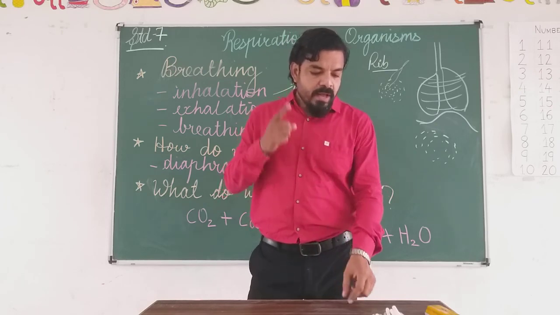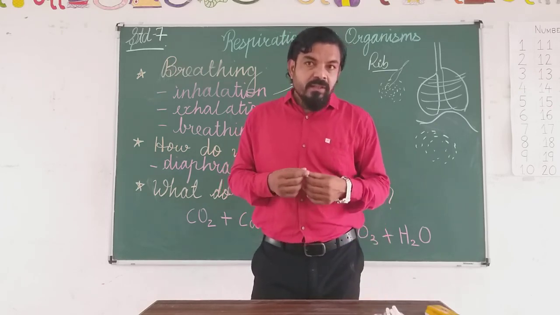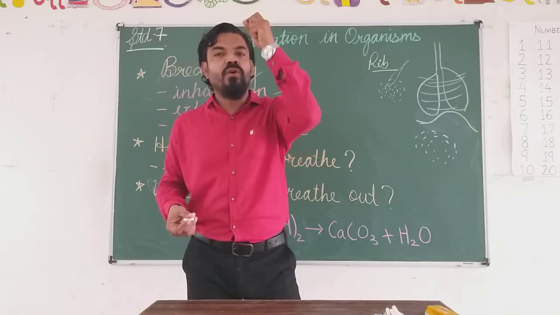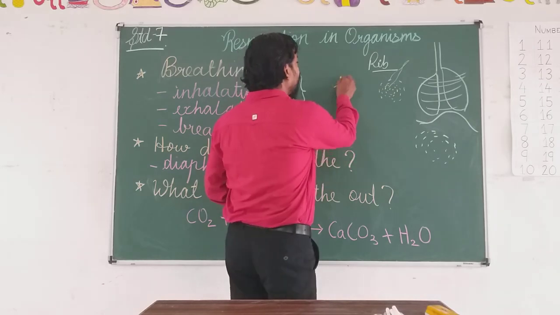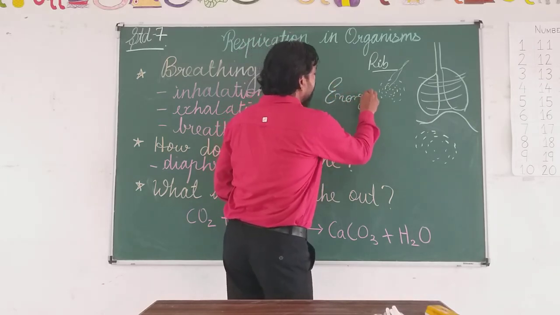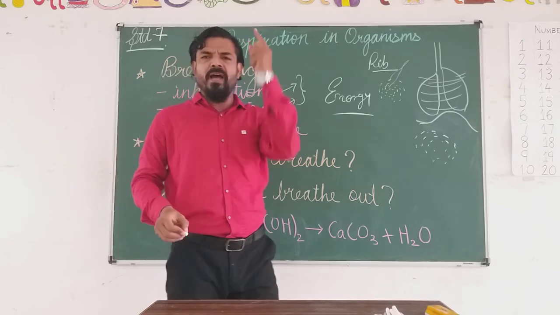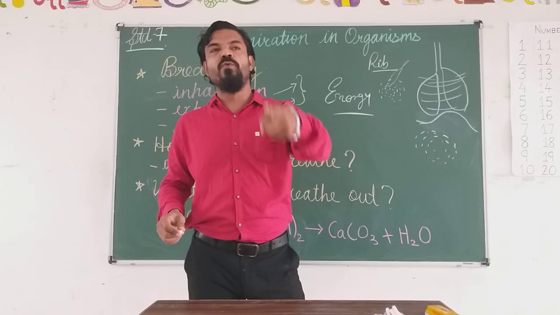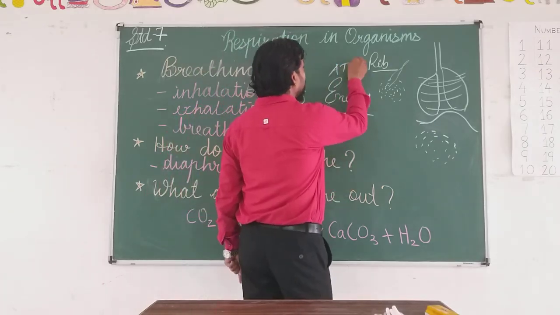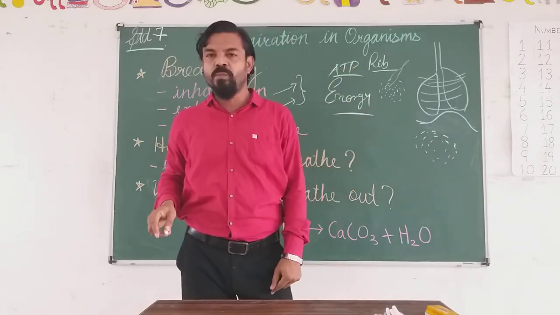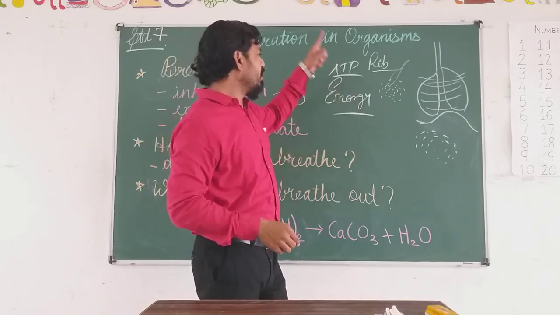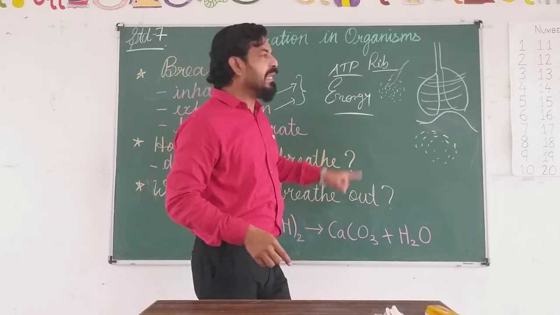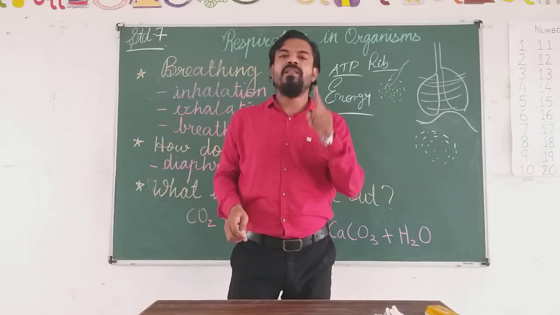Why do droplets come? I told you in the previous chapter. In any condition of your body, if you want to stay alive, you have to produce what? That is called energy. You have to produce energy in your body. You have to burn the glucose and you have to take the ATP, that is called adenosine triphosphate. I just talked about that. Once you get the energy, that is the ATP, it will burn what? It will burn the glucose.